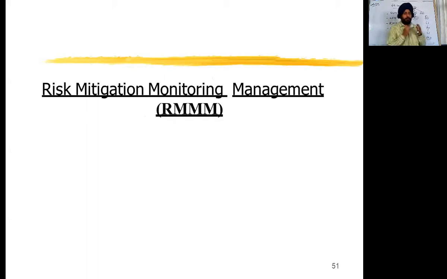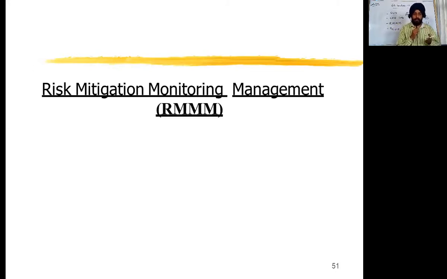So we have covered two topics. One was SCM, the software configuration management, and the next is CASE tools. Now is risk mitigation, monitoring and management. I will not go through what risk is or its definition, but what is RMM? When there is a risk, how should we deal with that particular risk? This is the main topic. What is risk, what is fault, what is error, what is failure, you all know, and we have already discussed this.